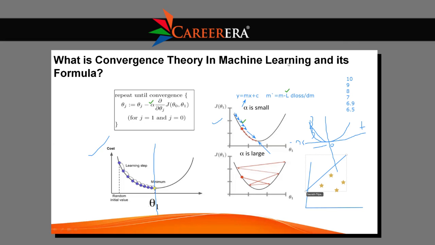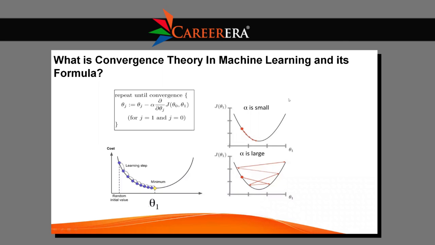And let me clean all those things. If the question is asked, what is convergence theory in machine learning, you will say it is a method through which the model converges to the best fit line position by keeping the data points, and by moving the line, which is between the intercept and the mean square error, towards the global minimum position where the error is least. Formula for convergence: m minus lambda into derivative of loss divided by derivative of m, same m